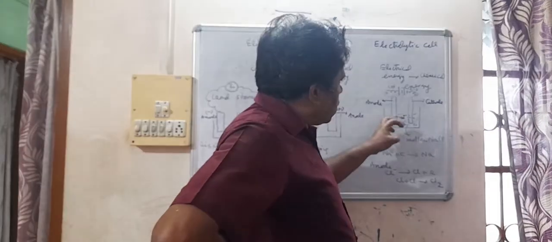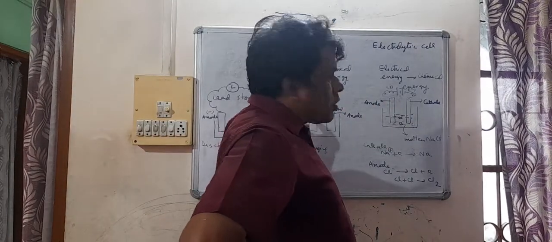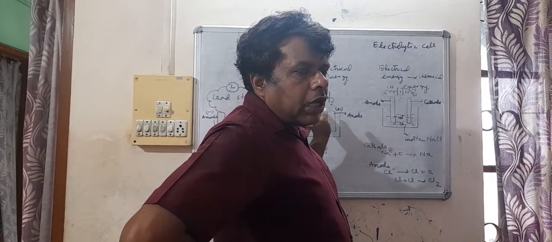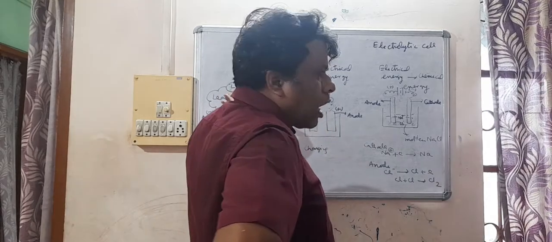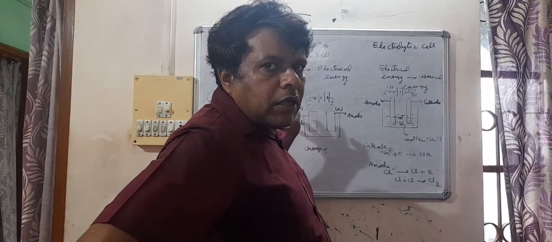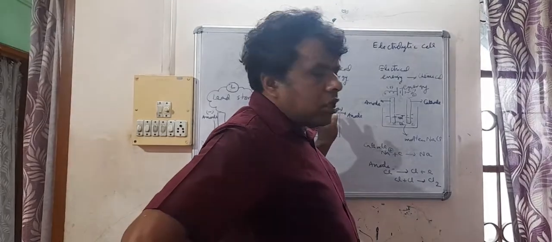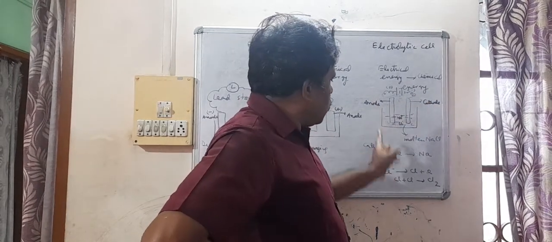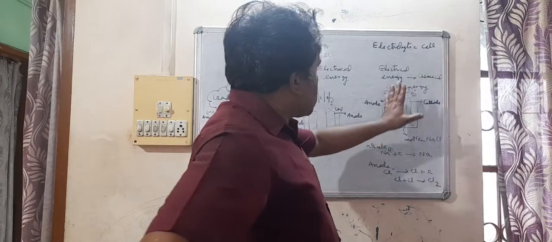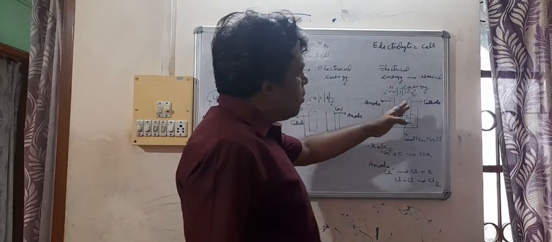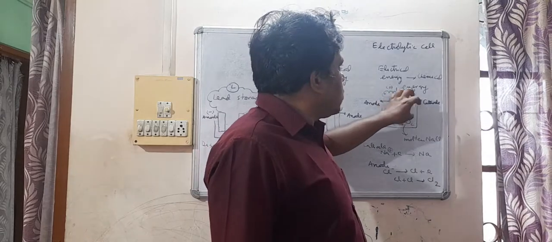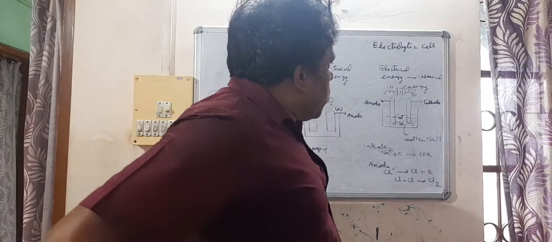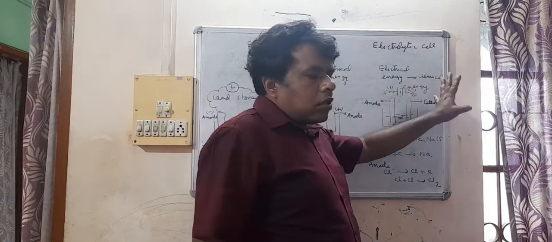One thing is the same as in the galvanic cell that we have studied. In galvanic cell we have seen that at cathode there occurs reduction and at anode there occurs oxidation. The same happens here also. At cathode there occurs reduction and at anode there occurs oxidation. So this is about electrolytic cell. Why am I discussing electrolytic cell? Because this knowledge will be required in the explanation of lead storage battery. We'll be doing more about electrolytic cell afterwards.